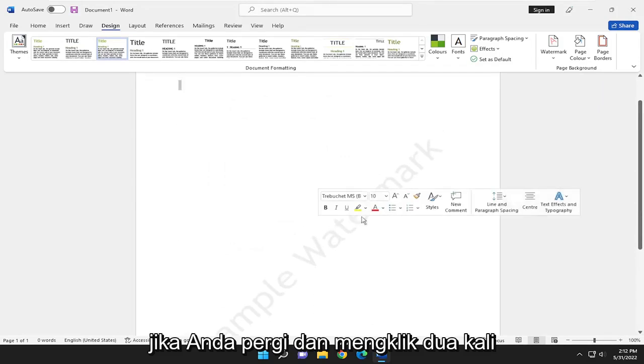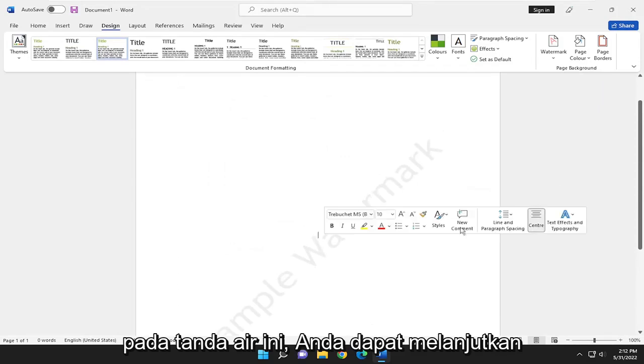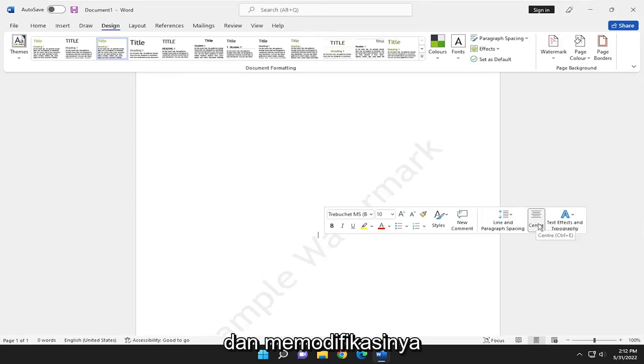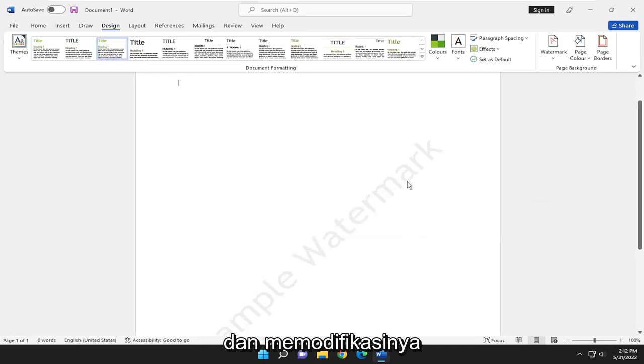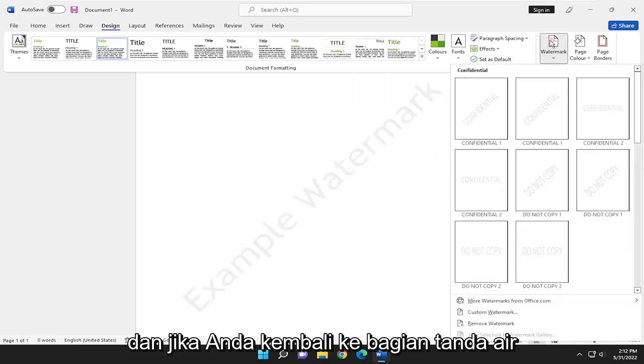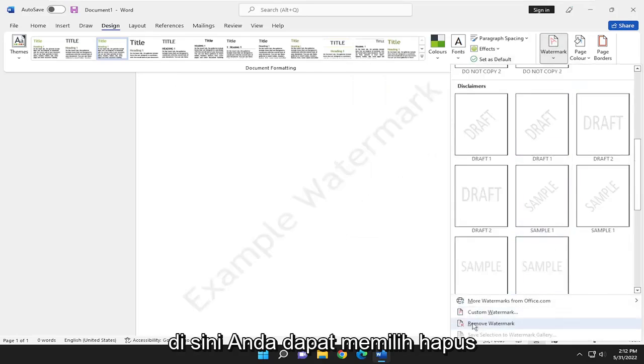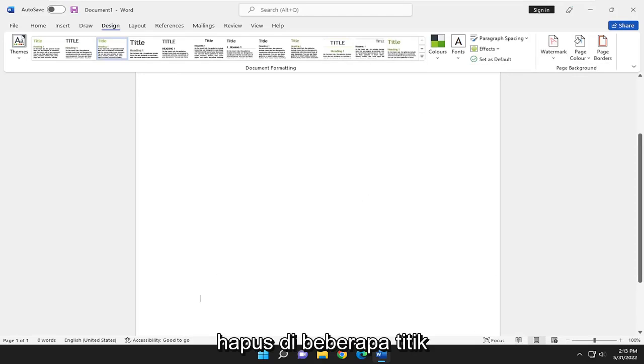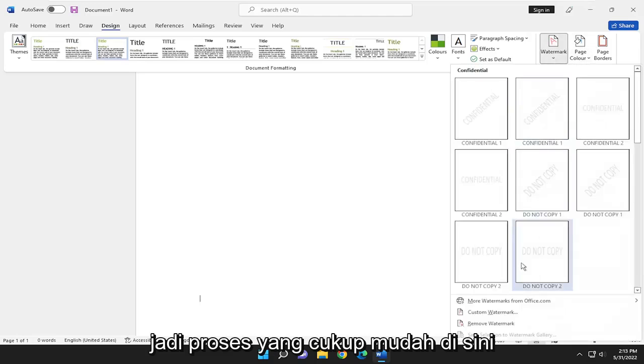And if you were to go and double click on this watermark, you'd be able to go ahead and modify it. And if you went back into the watermark section here, you can select remove watermark at the bottom if you wanted to remove it at some point. So pretty straightforward process here,